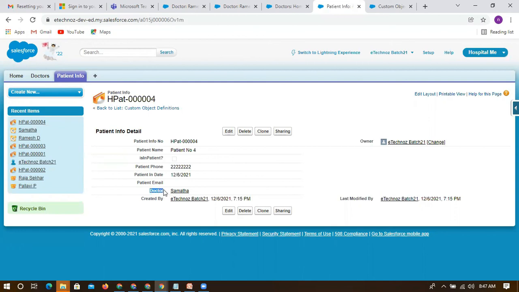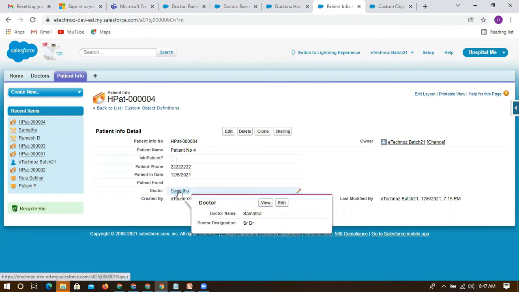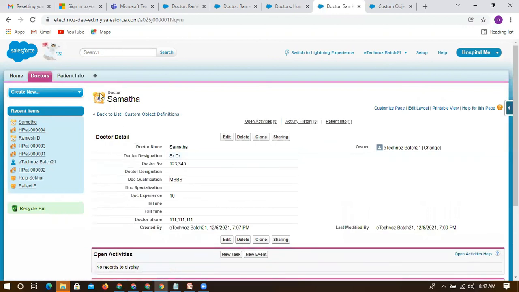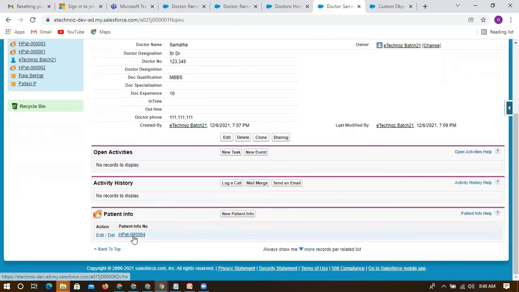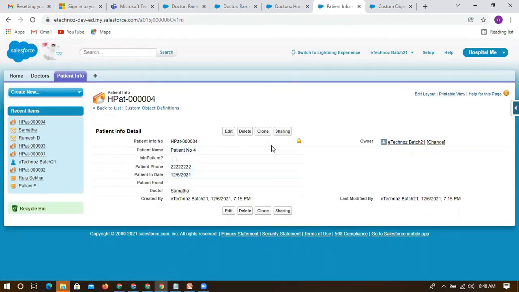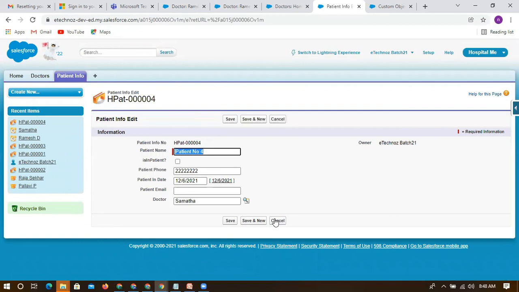We are creating all the doctors at one point, and for that we created one subject. We created a tab, and there the user can create multiple doctors, and we are assigning the doctors to this patient. So is it clear? If you want to check the doctor information, you can check the doctor name and click on view also. It will directly redirect to that page. You can see that doctor information, and within the doctor you can also see the patient information. Again, you can click on patient information and edit likewise. You can just play here and there.